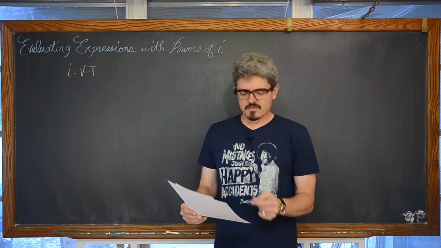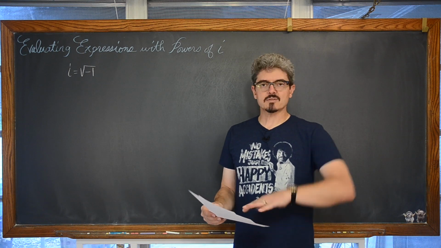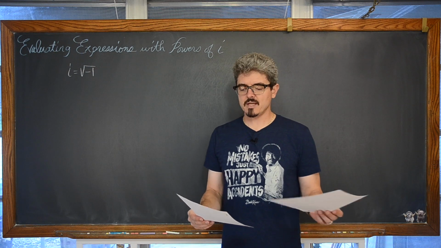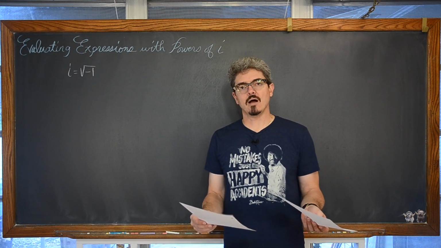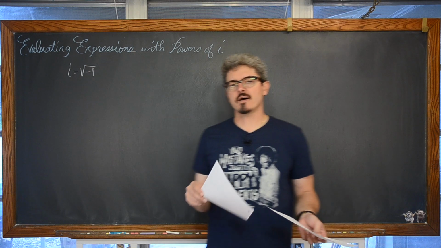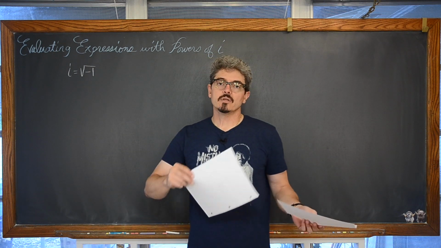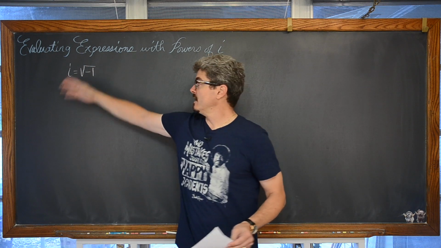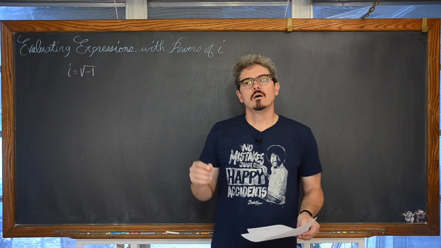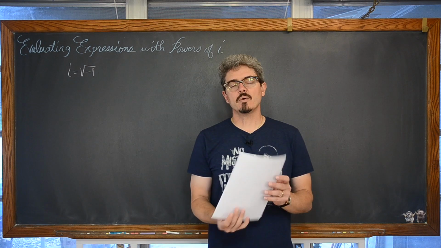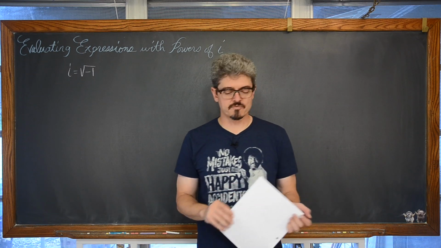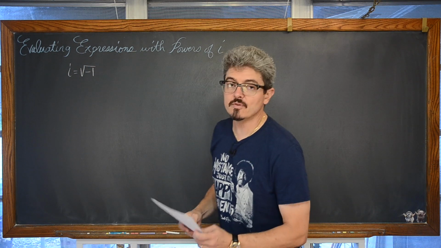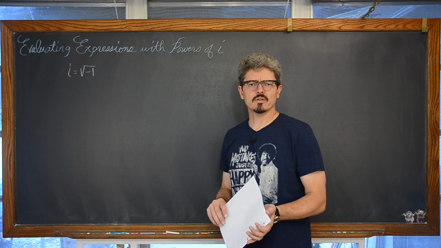But then we're going to look at another expression where we have i being raised all the way up to like the 1500th power. And our last example is also going to involve some very high powers, and there's going to be 2 ways of evaluating this expression. You can use the pattern that evolves as you look at ever-increasing powers of i, or evaluate the expression maybe using a partial sums formula for your geometric and arithmetic series. So we'll be looking at a review of that concept if you've already learned it in your textbook.